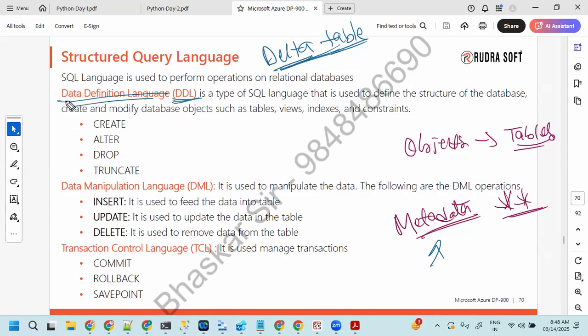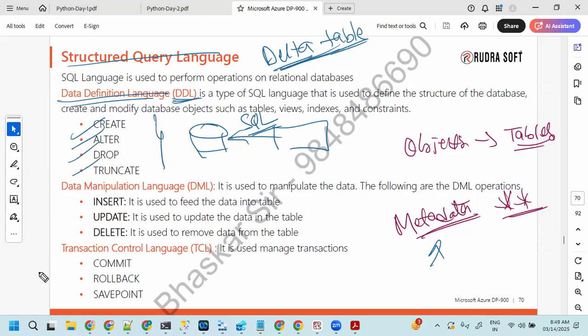There are a few different types of languages as part of the Structured Query Language to interact with the database, because a database can understand only SQL. Here I'm taking you through it at a very high level, but we're going to have separate SQL sessions where I'll talk about what create and alter mean and how we can write the statements. At a high level, data definition language will be used to create objects, to modify the existing objects, and to remove the objects.